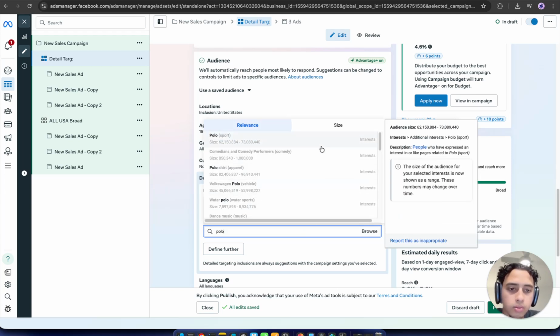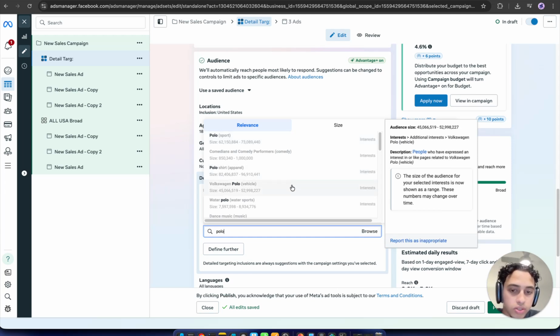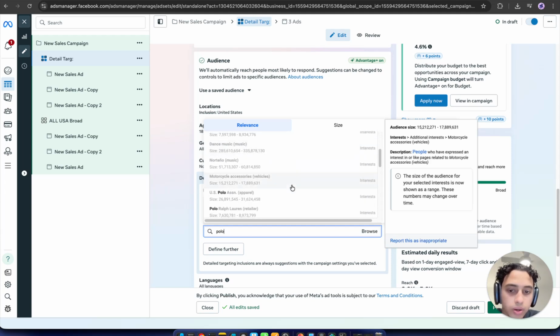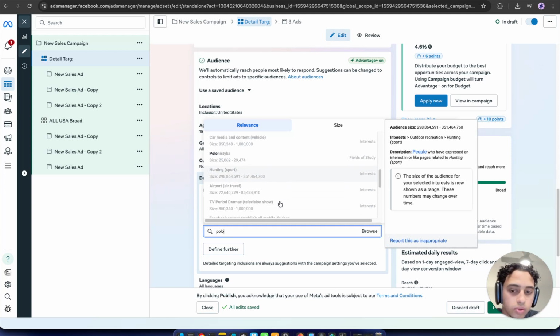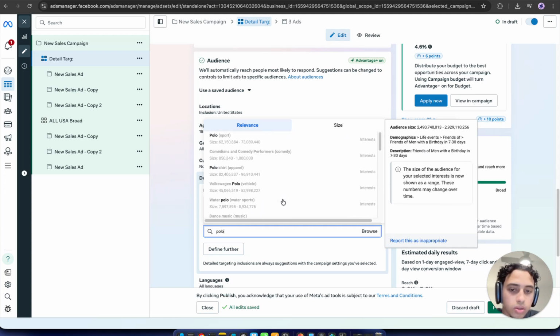And then look at the actual description. So it says people who have expressed an interest or like pages related to polo sport. All right, so this is the sport itself. Now this is pertaining to the vehicle. You don't want that. You want more so apparel. So this is US Polo Assn. apparel, but this is more so a brand. It's called US Polo Assn. in the US. There's Ralph Lauren. All right, so